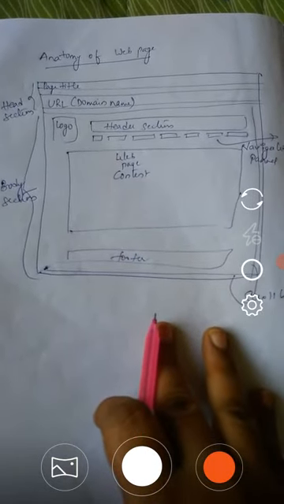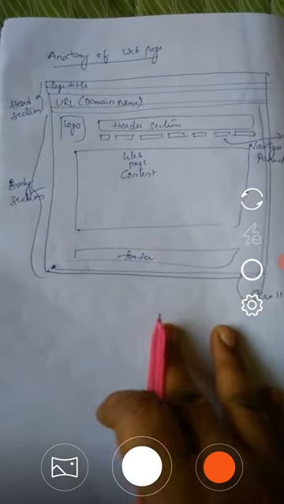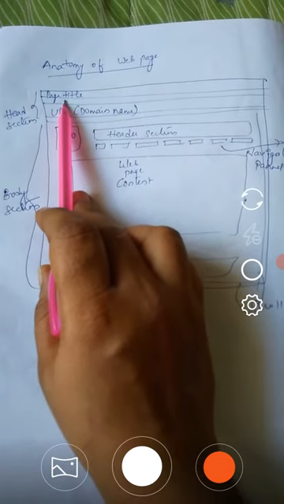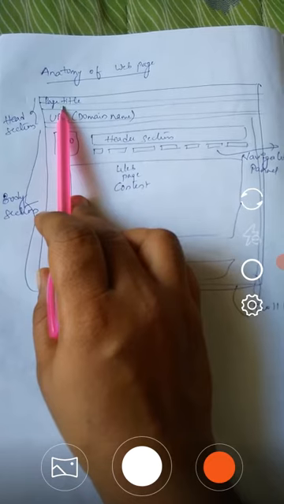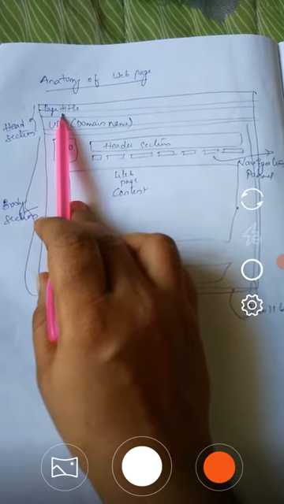Today I am going to discuss the anatomy of a web page. Here, anatomy means the study of the structure or internal working nature of a web page. The first one I have mentioned here is the page title. This is going to represent the web page title. If we want to represent the web page title, we have to use title tags in the head section of HTML